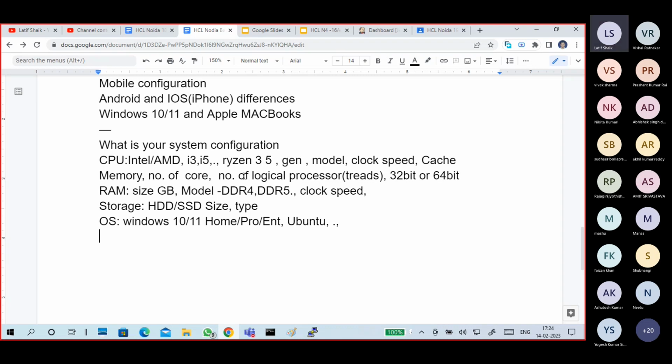This is additional: if you want, you can add your graphics card details. That is not important, but still, size matters. What is the graphics card size and model? Architecture: 32-bit or 64-bit system. If you want to add any other specifications, you can.